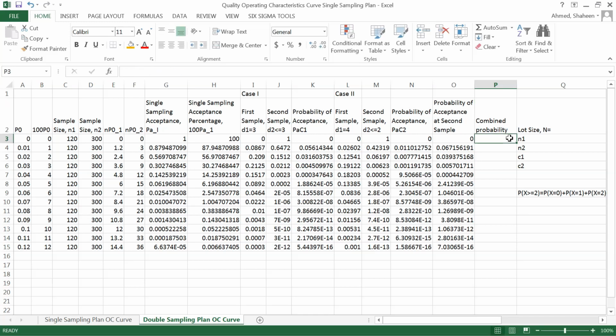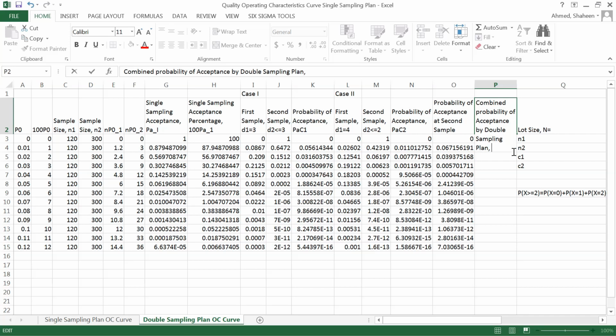Now the combined probability, because the total probability of acceptance could happen that you only got just one defective and you accepted at the first single sampling plan. You didn't even do all of these. So if you do double sampling, the total probability will be this plus this. So you could accept a sample just by the first try or by the second try. Again, we are using OR language, so you basically add these two. So the combined probability of acceptance by double sampling plan,